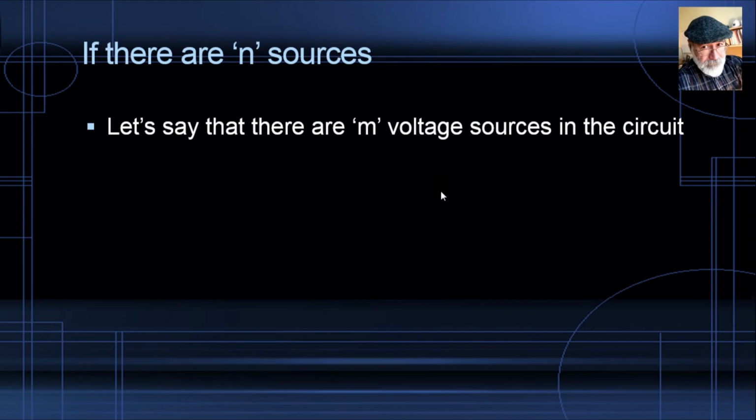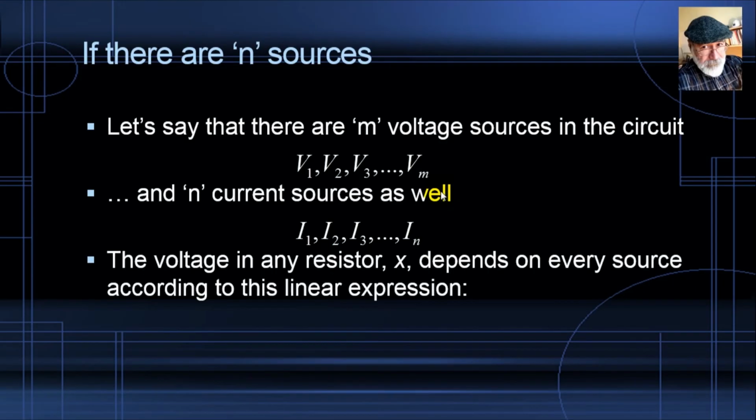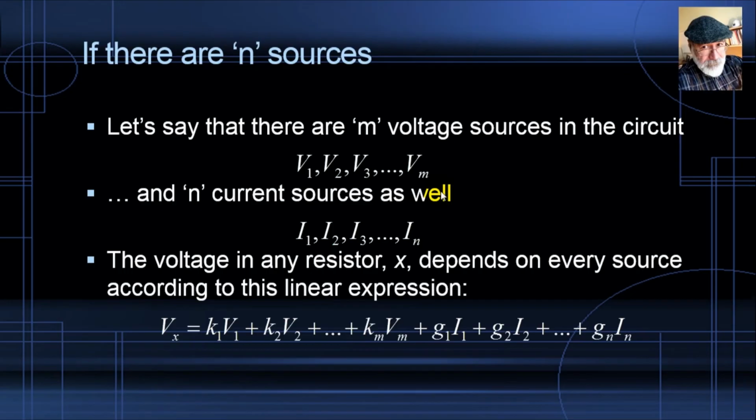What happens now if there are more than two sources? Let's say we have M voltage sources in the circuit, V1, V2, V3, all the way to Vm. And we have on top of that N current sources, I1, I2, I3, all the way to In. In that case, the voltage in any resistor X depends on each one of those sources according to this linear expression. Check this out. Vx is K1 V1, proportional to the source V1, K2 V2 to the source V2, and